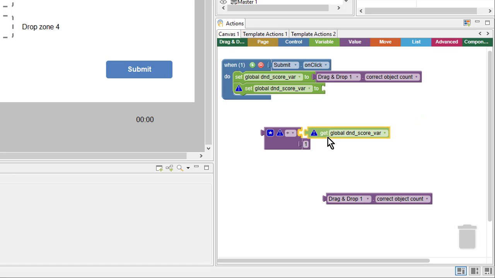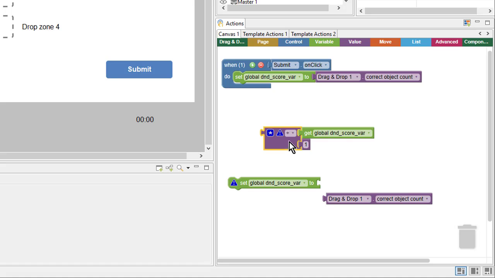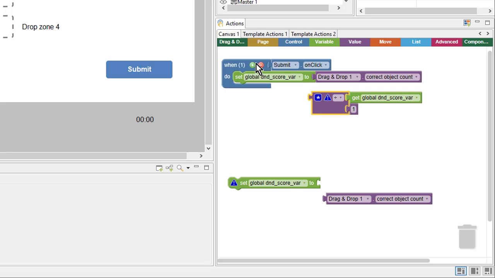And so now what I'm going to be doing is getting my drag and drop score var, which at this point is set to 2 if they'd gotten 2 correct, and I need to divide it by the total number possible. So I could type in 4 here because the highest value is 4,